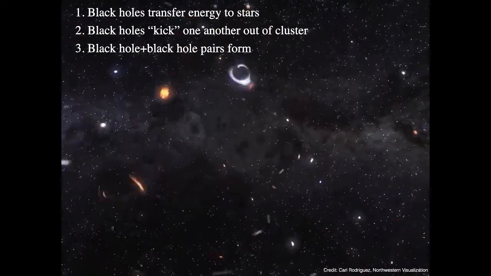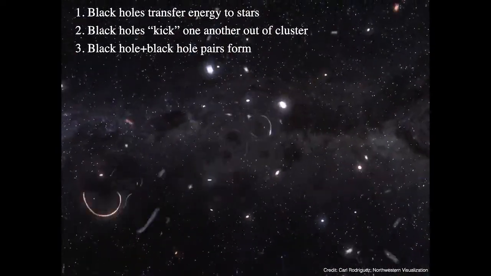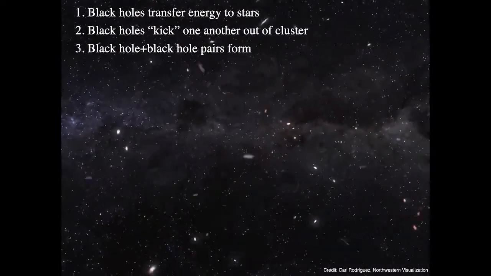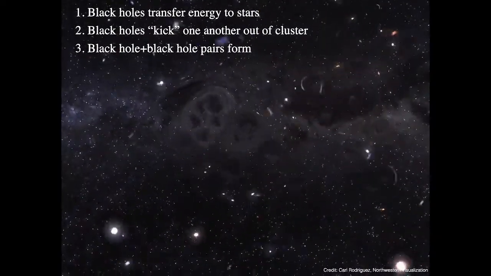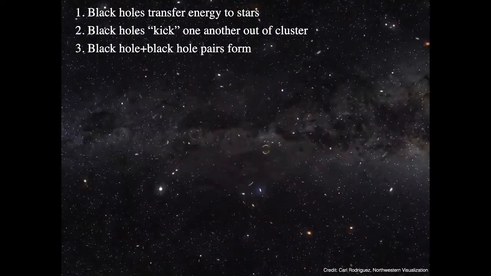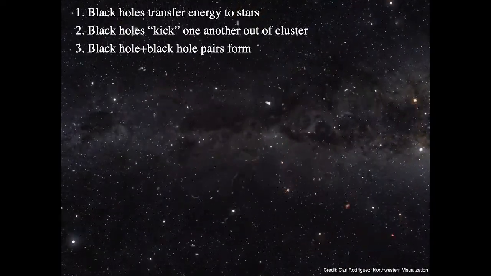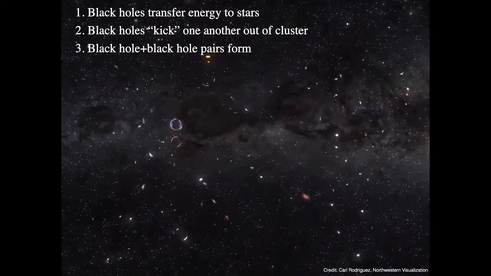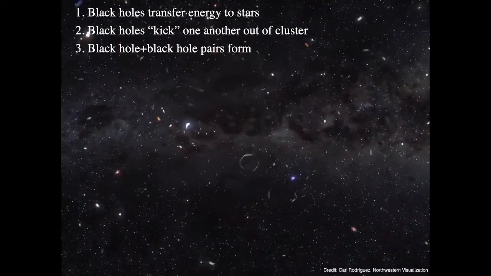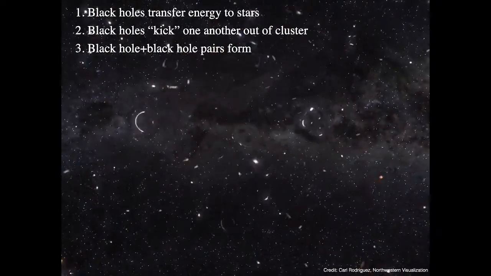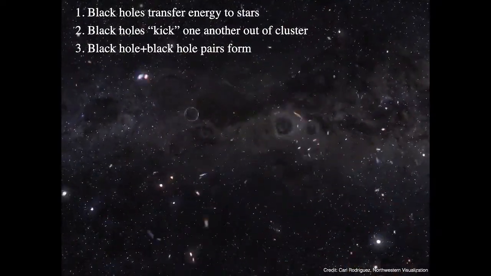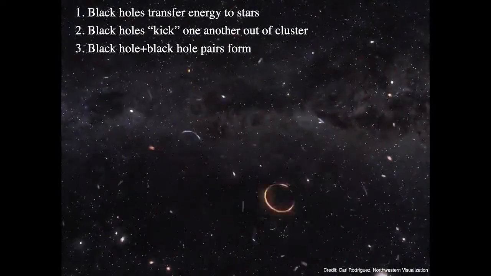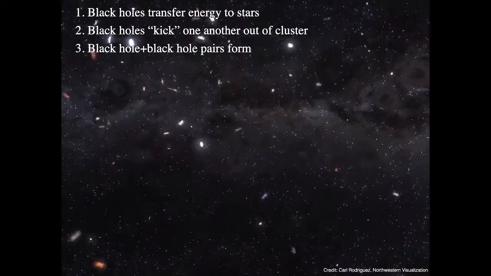Okay, so the next thing I want to do is talk about some actual observational evidence of these processes happening in our simulations. For a number of decades, it was thought that these dynamical processes concerning black holes would be so efficient that by the present day ages of globular clusters, all of the black holes would have been dynamically kicked out. And this was also motivated by observational indications,